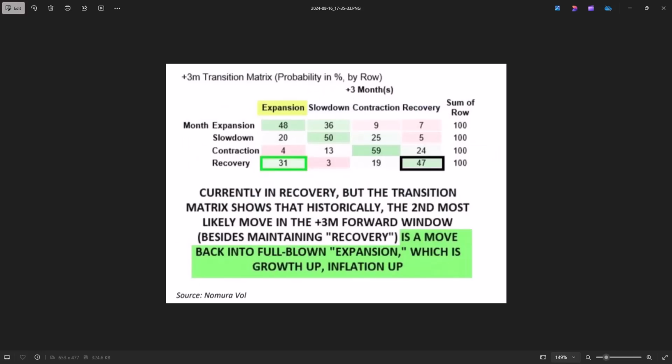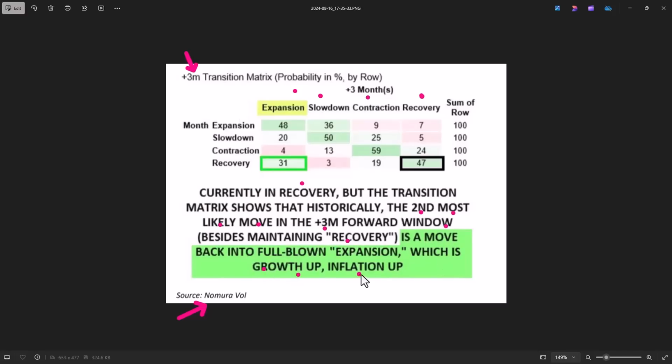Now, it's not just me that sees it that way, but it's also Nomura who sees it that way. And what they're showing you here is 3 months, and they're saying over the next 3 months, which way are we headed? I understand this is more strategic than me just pointing at charts and saying, look at this. But when you can understand all these points and you understand how people were looking at the world, when you start seeing the hard landing, soft landing percentages I'm about to show you, you'll start understanding why people were freaking out. So they take those 4 quadrants, and you can go back and look at that if you want. And what they're saying to you is currently we are in recovery, but the transition matrix shows that historically the second most likely move for the next 3-month forward window, besides maintaining recovery, is a move into full-blown expansion,